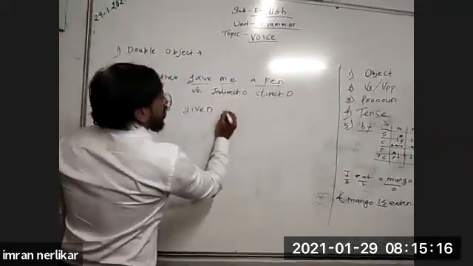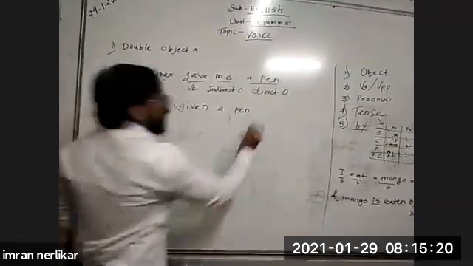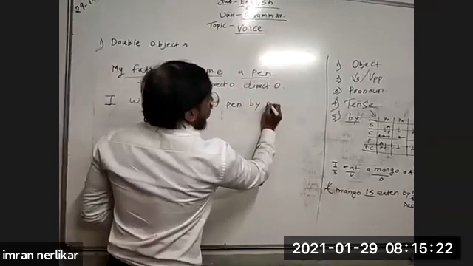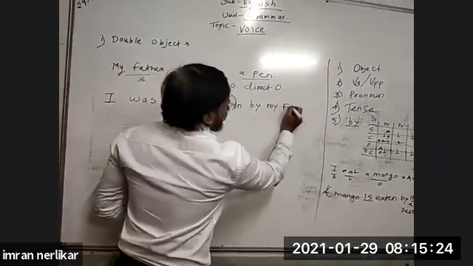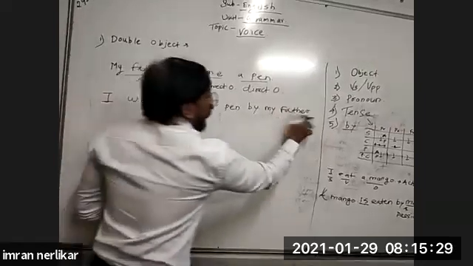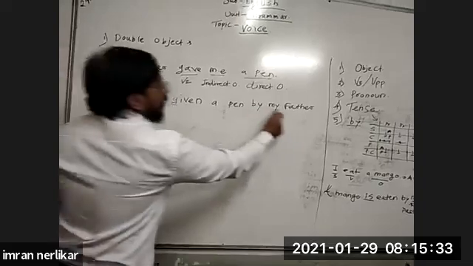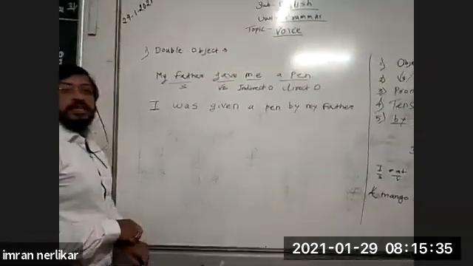Direct object is a pen. I was given a pen by my father. Subject becomes object, by my father. I was given a pen by my father. So this is the sentence with